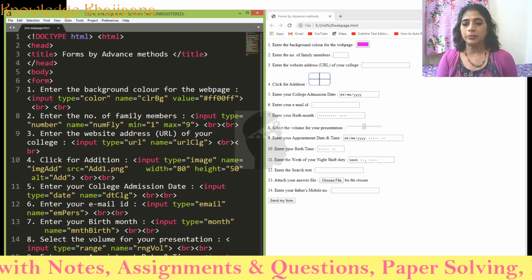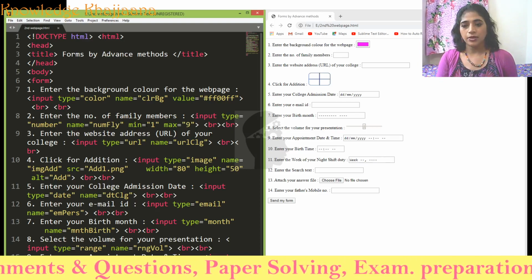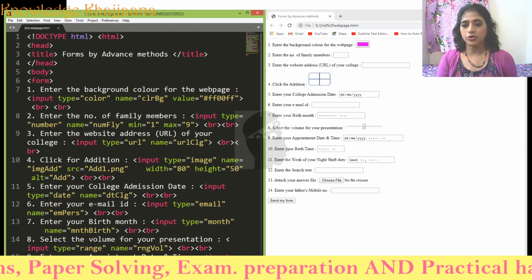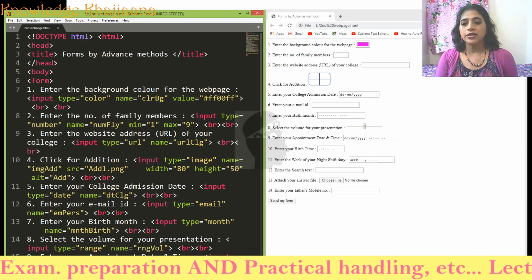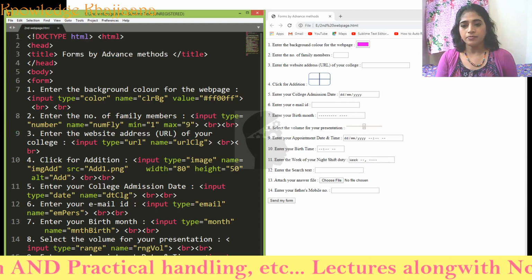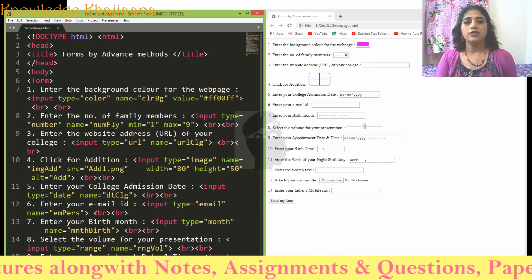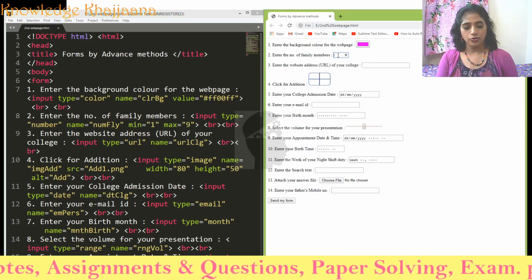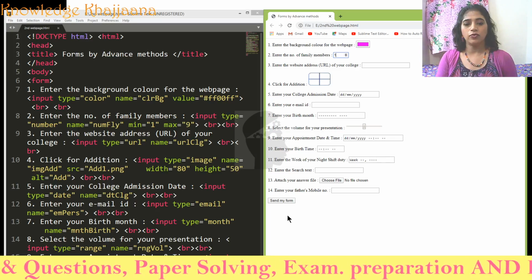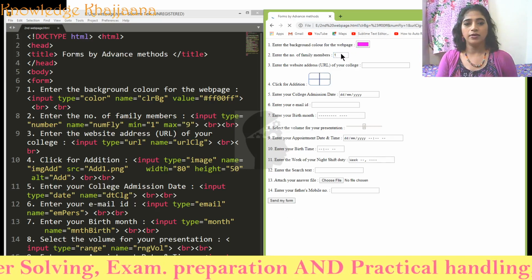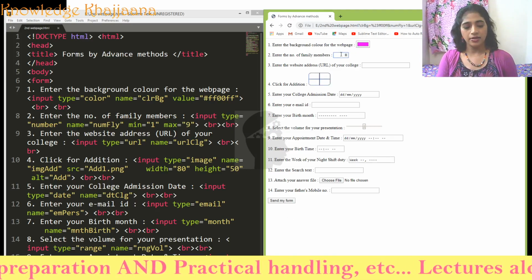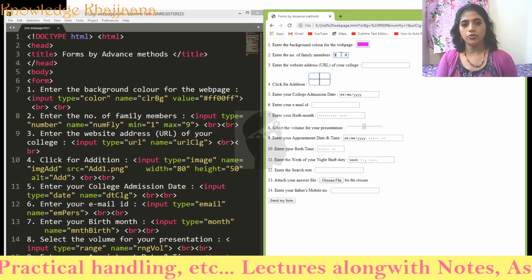Input type is equal to number, name is equal to, minimum is equal to 1 and maximum is equal to 9. I suppose that there is only 1 member in your family at minimum and maximum there are 9 members in your family. See, here it will take the value from 1, the data has been saved, and any value up to 9.